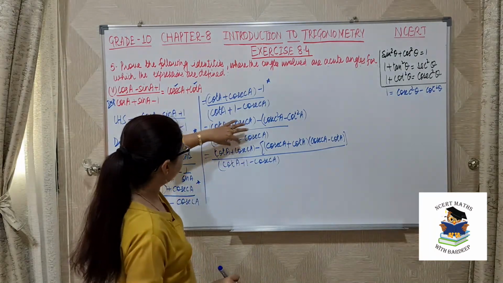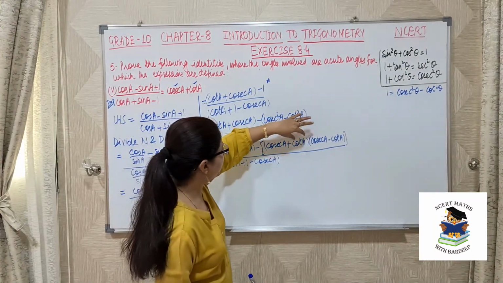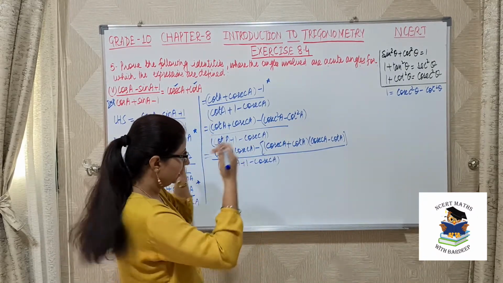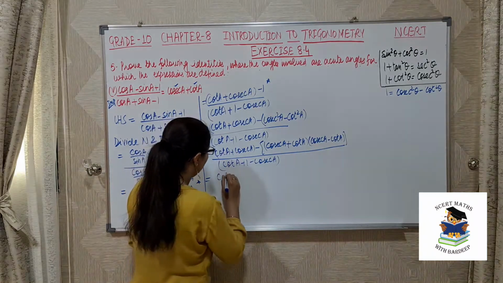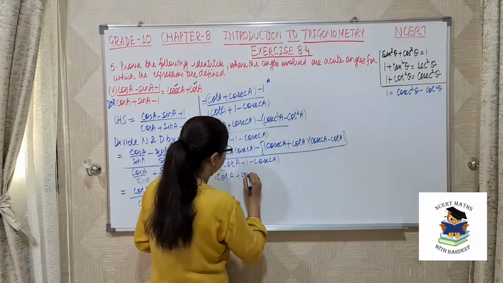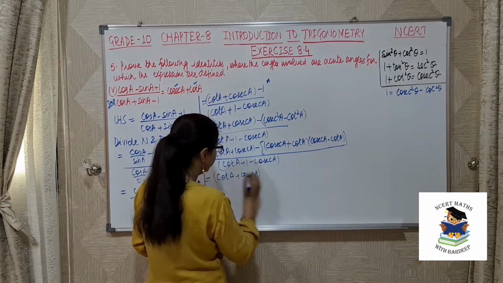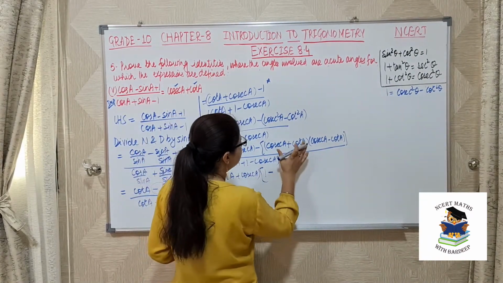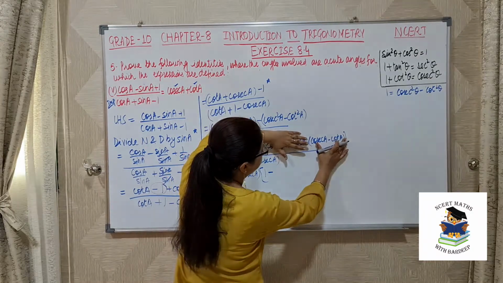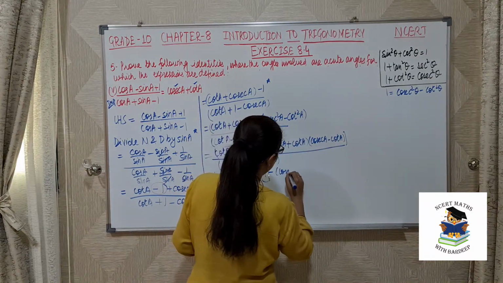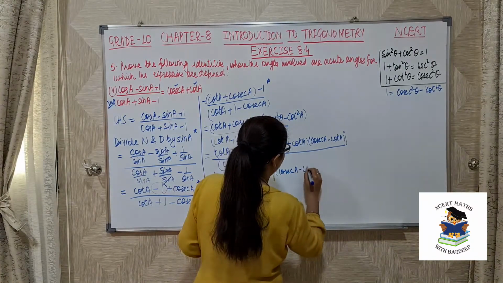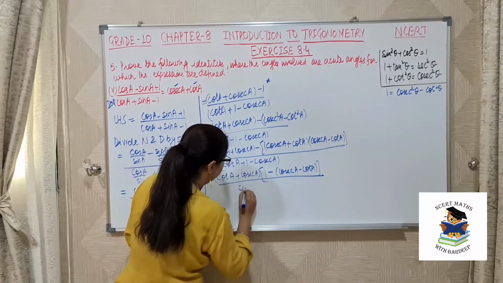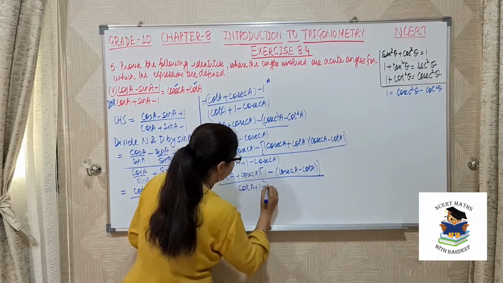So now this is cot a plus cosecant a. This is also cot a plus cosecant a. So this is a common factor in both terms. Take them out. So this is cot a plus cosecant a. So this full term is out, so we are left with only 1 in this case, minus. This is also out. We are left with this, that is cosecant a minus cot a divided by cot a plus 1